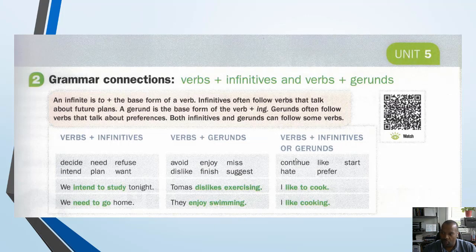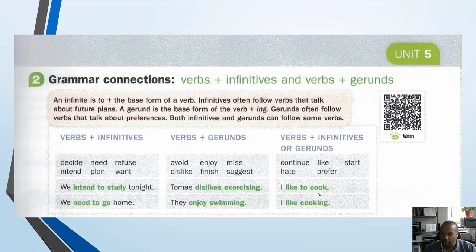Verbs plus infinitives or gerunds. This is where both infinitives and gerunds can follow some verbs. And you know, I'm not really a fan of how they wrote this, because they say some verbs, but they don't really give a good list of all the verbs that this could be, right? So it kind of leaves you wondering which verbs can we use, what can't we use, not really sure. So since this is not a list of all the verbs, this will have to do to give us an idea of the verbs that we can use.